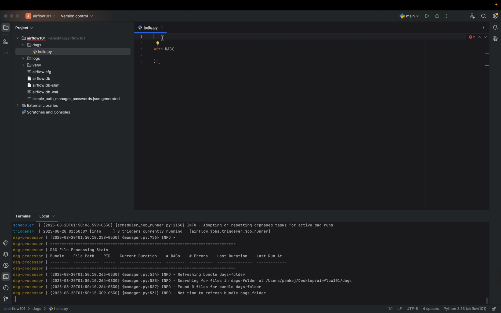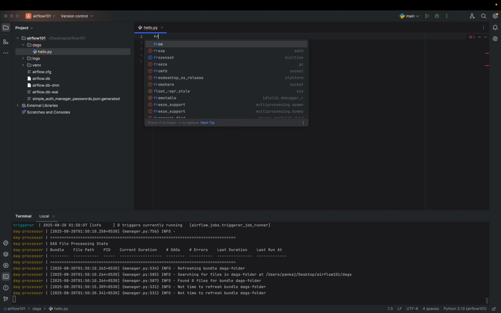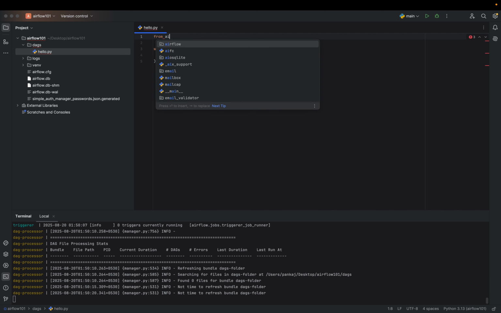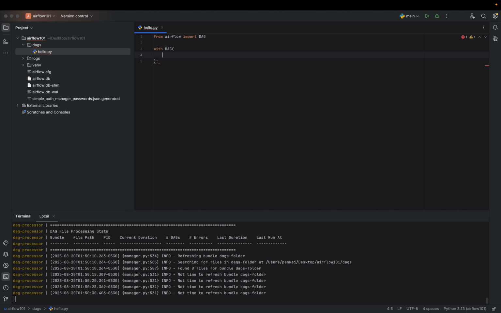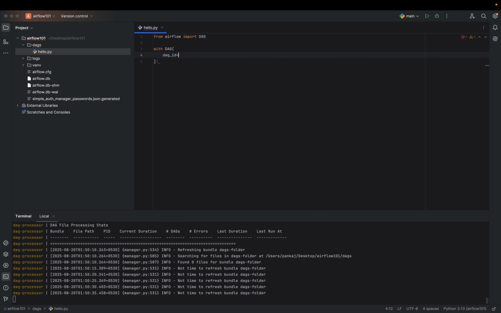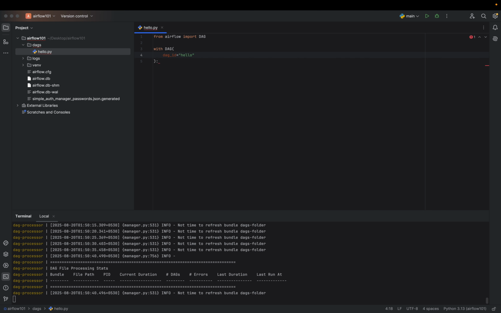Let's import. I'll import it from Airflow. Import DAG. Next, I need a DAG ID for my DAG. I'll create a DAG ID. I keep the name hello DAG,